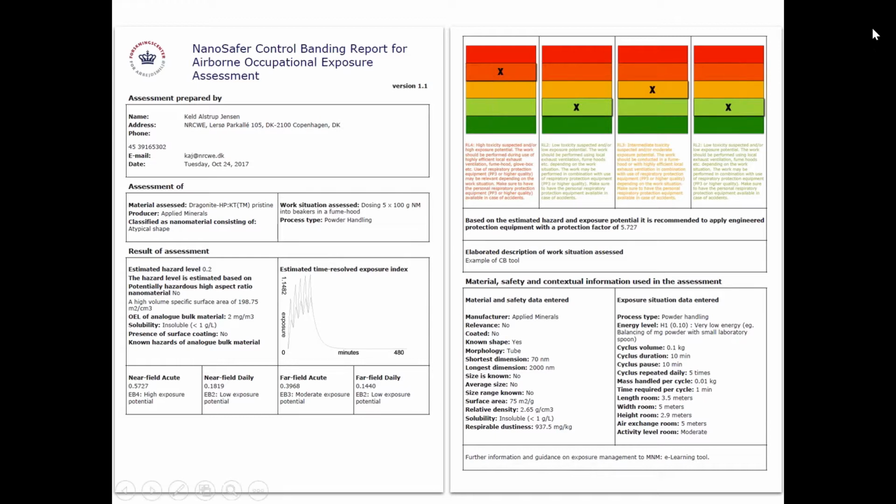And the control banding comes out with a relatively high exposure potential in the near field acute and a lower exposure potential in the daily exposure, and moderate for the far field acute and low in the daily exposure. And then over here you have the individual assessments on a green to red scale: the near field acute 15-minute exposure, and the daily near field and far field exposure here. And then there's some recommendation on what level of protection you should use here. And this is shown in numbers down here. If you put on the next slide, Claire,